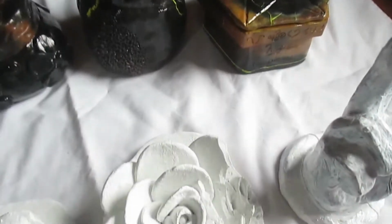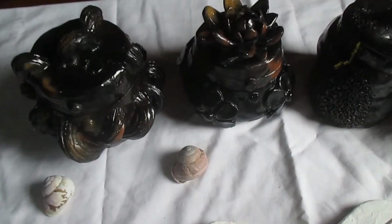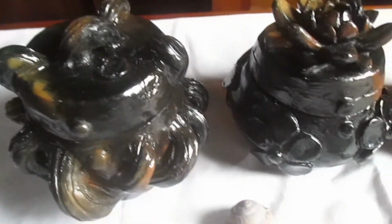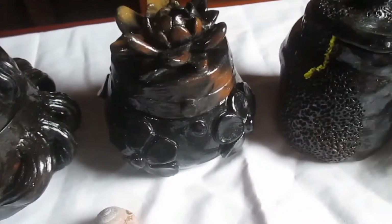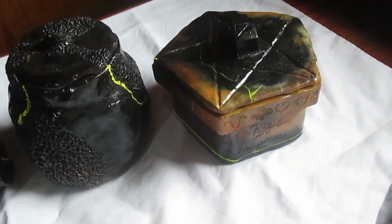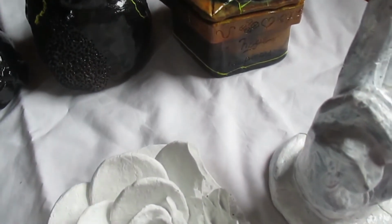So what I plan to do after is coat them with epoxy resin, and that will give the pots some more extra strength and to seal off those cracks to make it a bit more waterproof. And yeah,